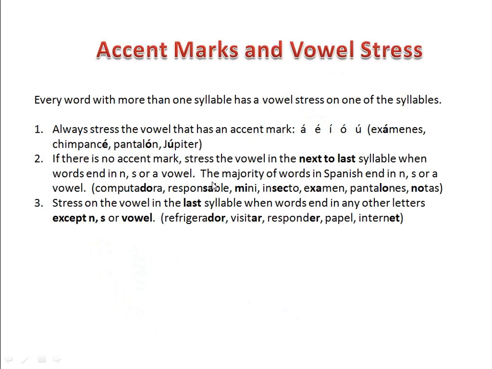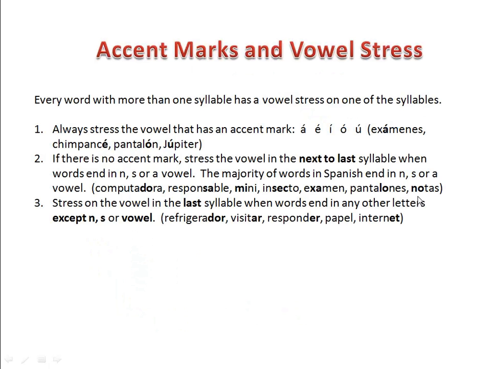And by the way, the majority of words in Spanish do end in N, S, or a vowel. So here are some examples. We're going to put the stress on the second to the last syllable. So, computadora, responsable, mini, insecto, examen,